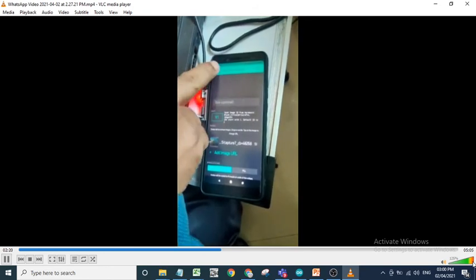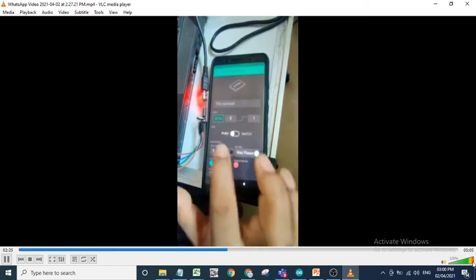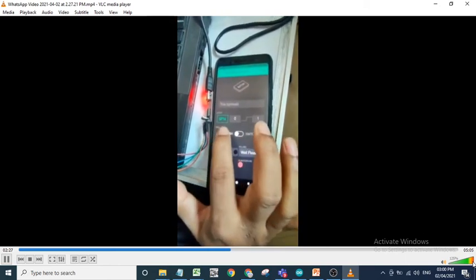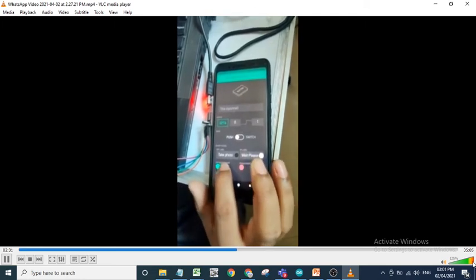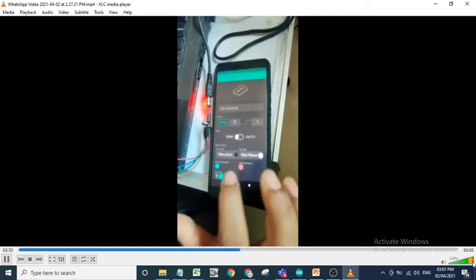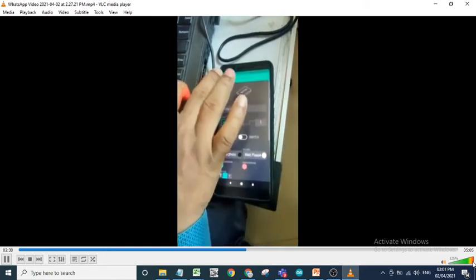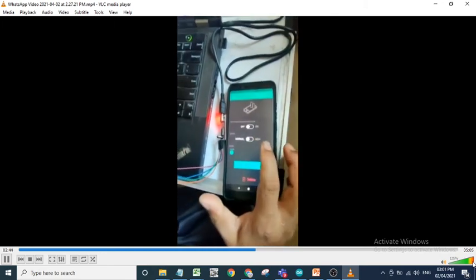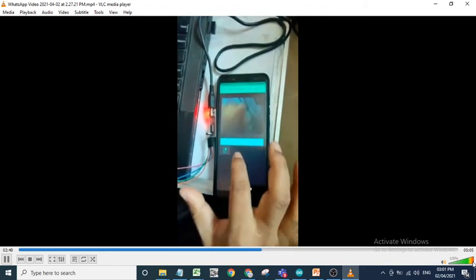Then you have to press one button. So that button is GPIO 14. That GPIO 14 pin we are using to take photo. So by default it will show take photo, and when you press, the color will change and it will indicate please wait. Then we have to add notification. So this is my notification. Whenever there is any abnormal condition, then a notification will be given to this.